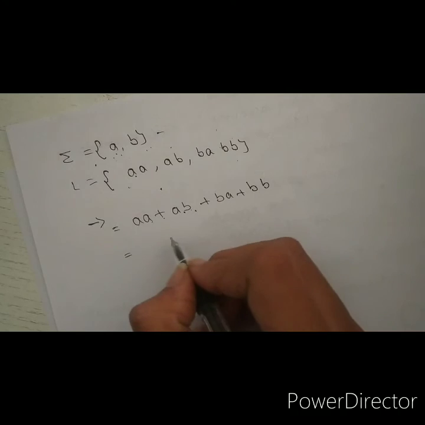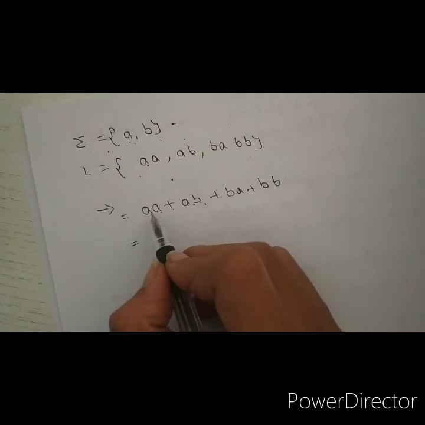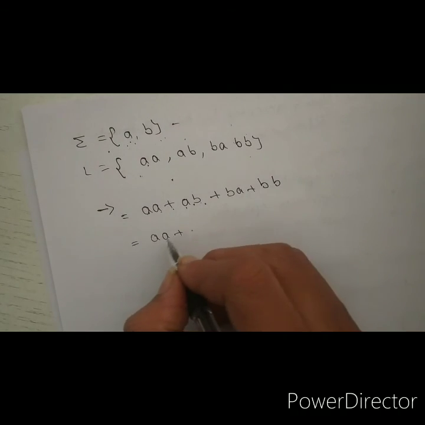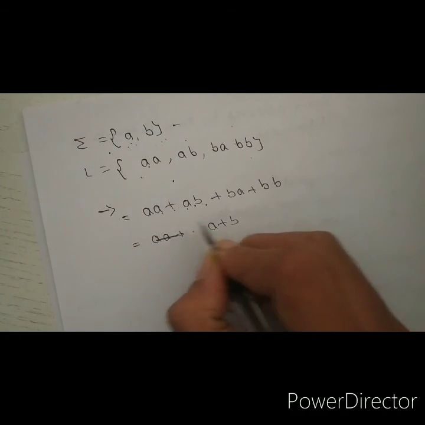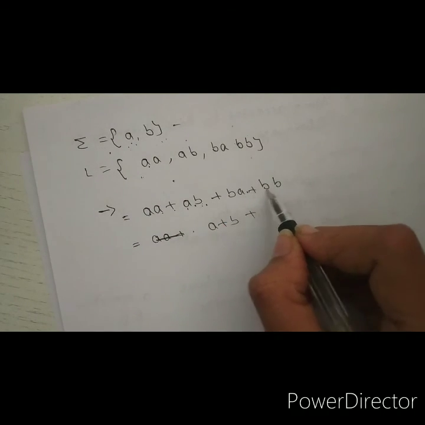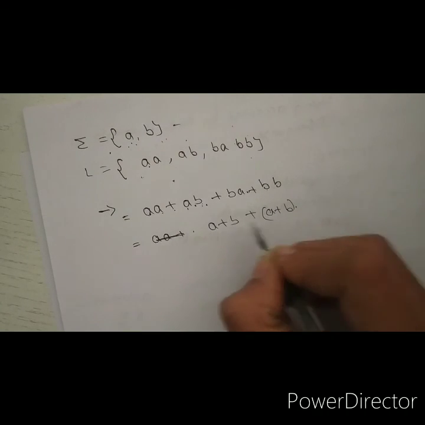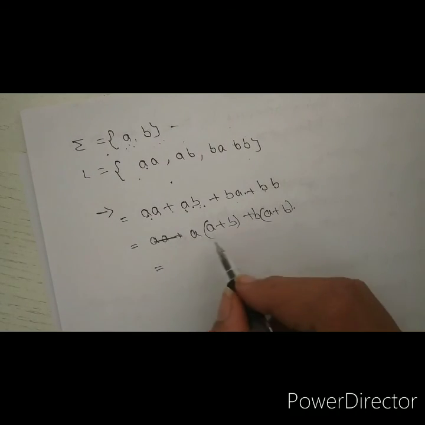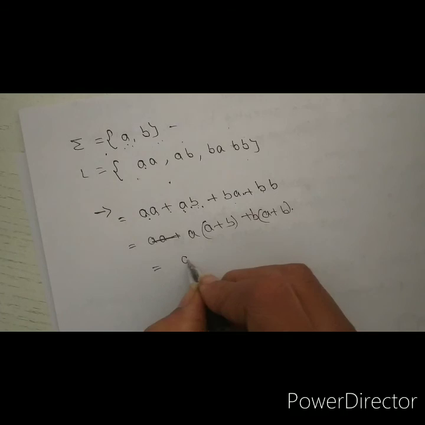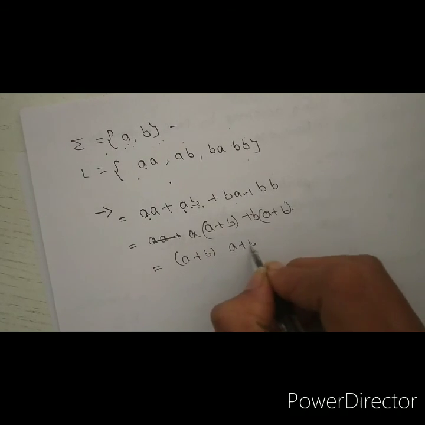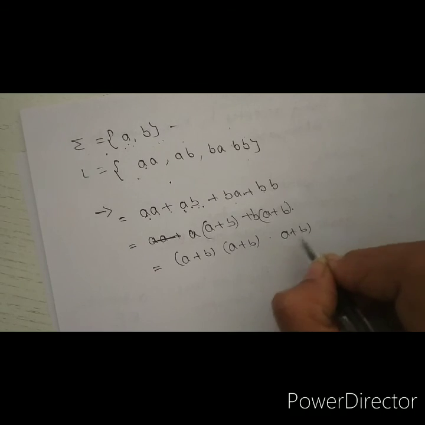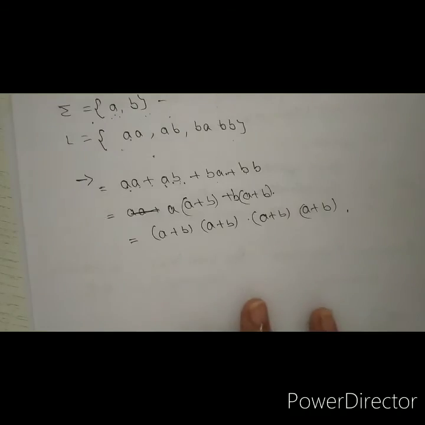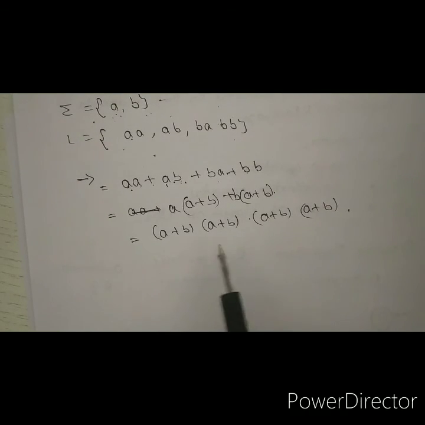How can I write the second one? Second one is a plus b, then a plus b. Where does your a go, and where does your b go? We can solve this like this: a plus b, into a plus b, concatenated. We apply the concatenate operator here: (a plus b)(a plus b). Right? This one is a finite language and this is a regular expression.